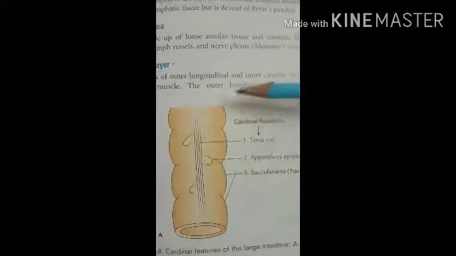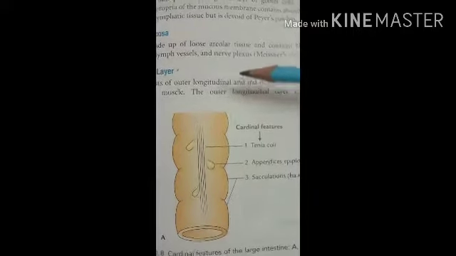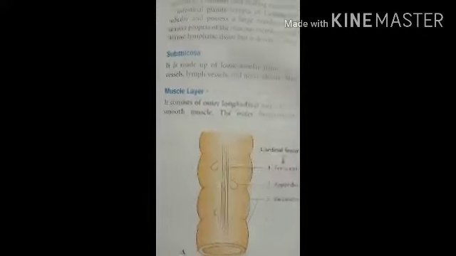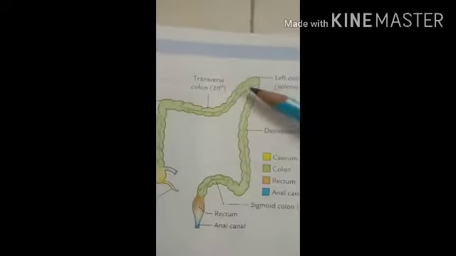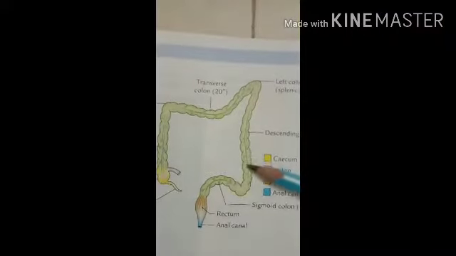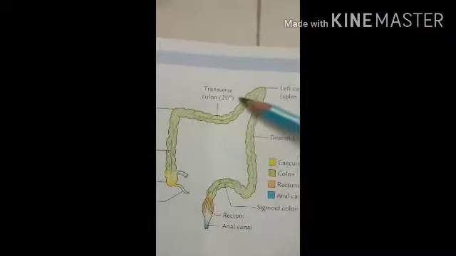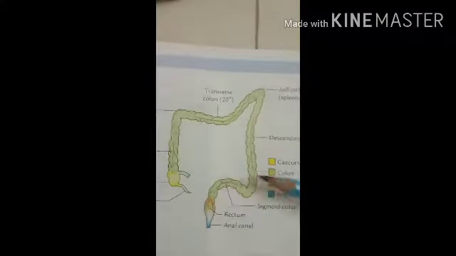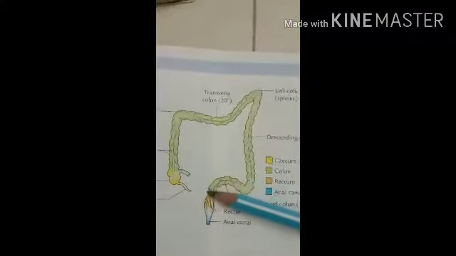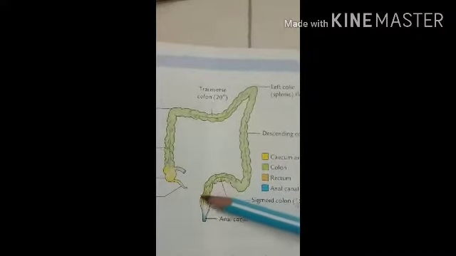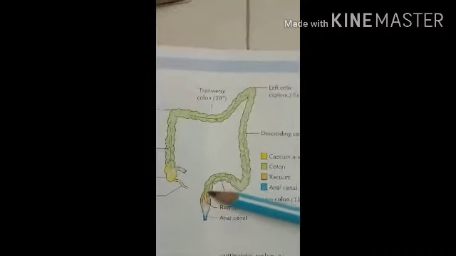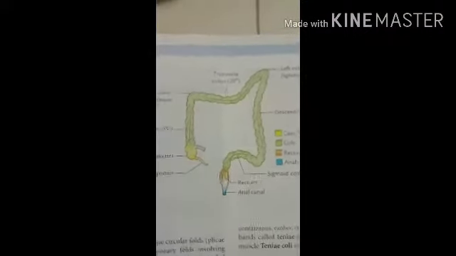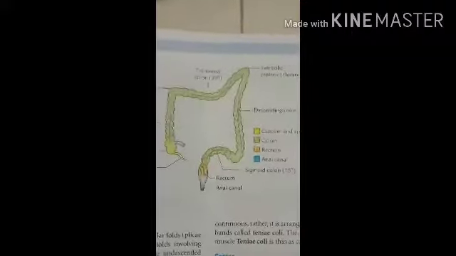And distally they are spread out to the terminal part of the sigmoid colon and continuous with the longitudinal muscle of the rectum. So here in this diagram you can see three band-like structures. They are present in all parts of the large intestine, starting from the cecum and ending at the distal part of the sigmoid colon, where they spread into the longitudinal muscle in the rectum. Okay, these three band-like structures are the tinea coli.